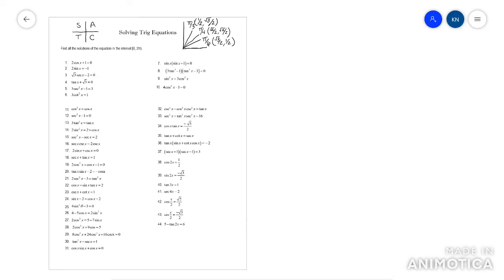Okay, let's look at number 4. Tan x plus √3 equals 0. Okay, subtract √3. So you get tan x equals -√3. You need to realize anytime you're dealing with tan or cotan, put it over 1. Because tan is going to be your y over your x. So when you inverse tan this,